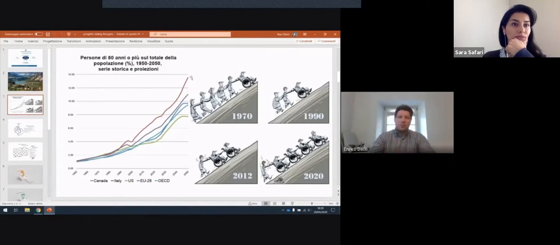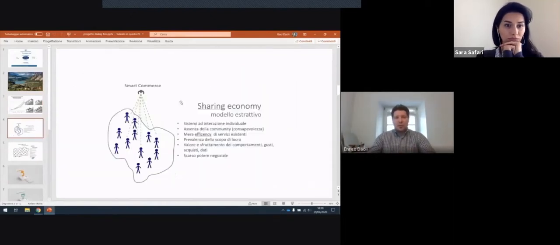In this welfare model, people are at the center of the network, and the network of relationships is essential in order to create cooperation and to create an added value for the whole territory. That means, for example, that an economic advantage for the individual will also be reflected into an economic advantage for the whole society. But how did we do that? We managed to create this through a web platform with some special ingredients in it.